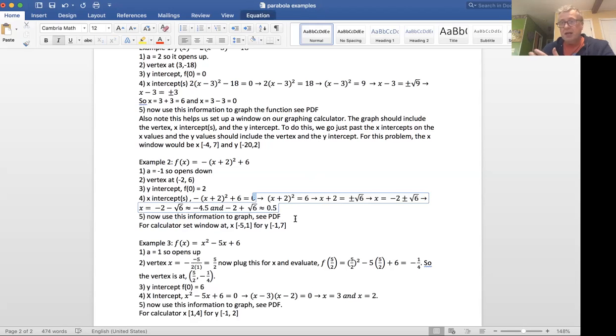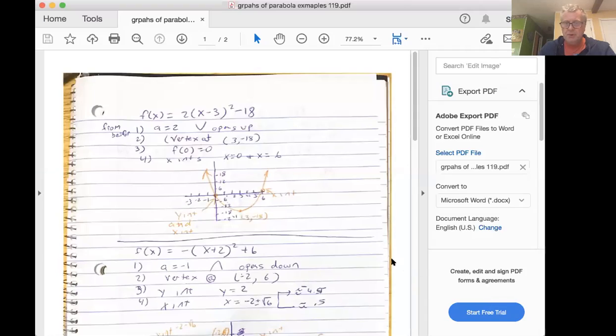Now, the only reason that I made these decimal values is because I want to approximate where they were, so it's easier for me to plot them when I graph. Okay. Let's take a look at that. And so for the graph of this,